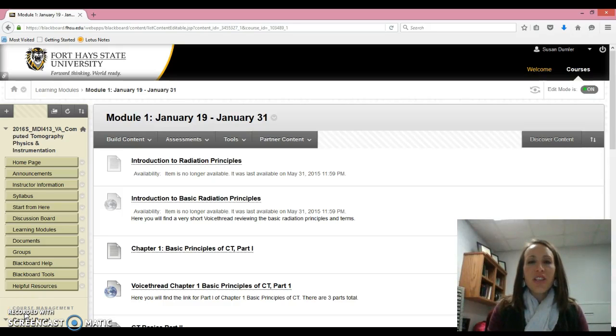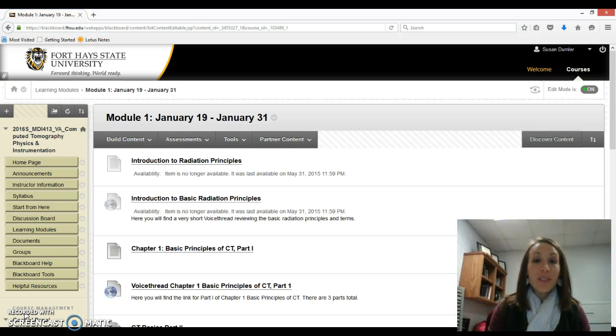This is an explanation of your Paint My Numbers assignment that is due in this first module, Module 1. The due date for this assignment would be Sunday, January 31st at midnight. Just want to run through very quickly how to do this assignment if you've looked at it already and you're